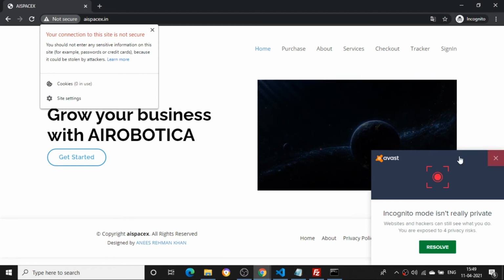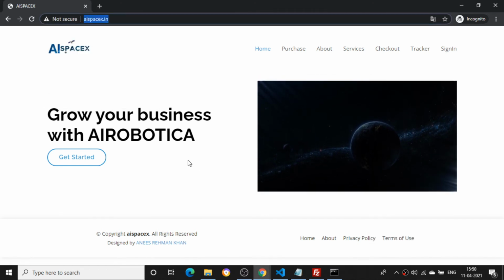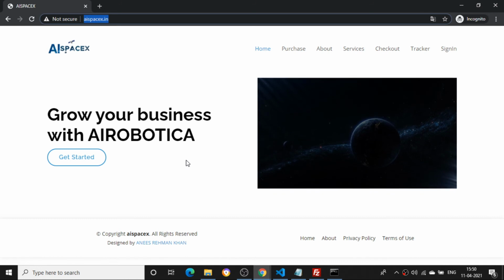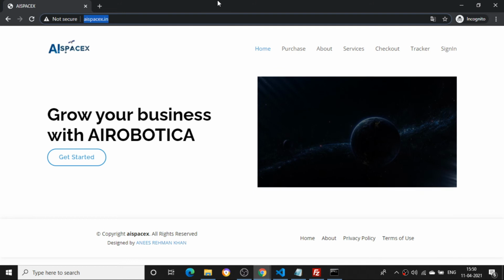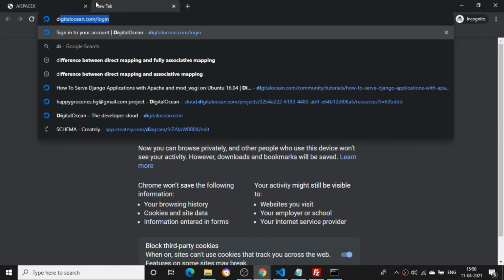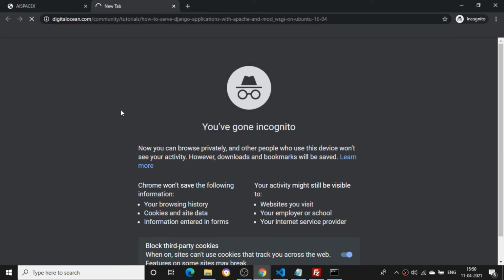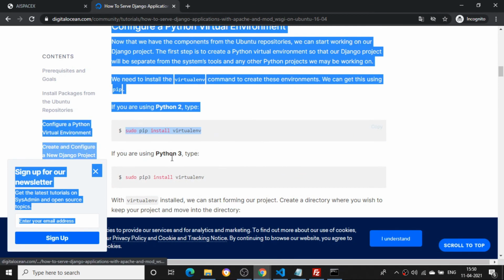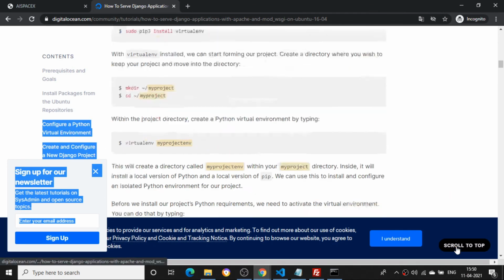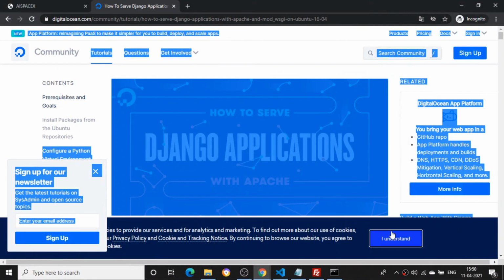So how can I do that particular thing? I can do that. What I need to do here is go back, and I'll show you where all of this is coming from. If I open the DigitalOcean guide on how to serve a Django application, you can see the commands have all been written here, but I have made simple commands, and I copied the same commands from the Ubuntu guide. In this site they tell you how to do the installations, how to set up the directory and all those things.